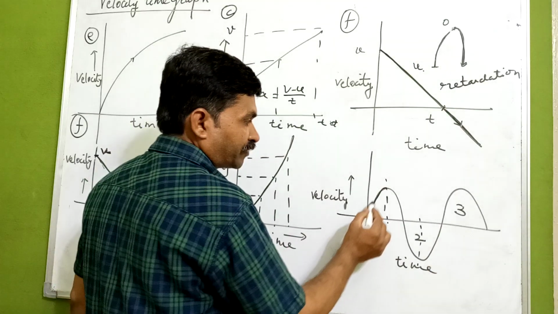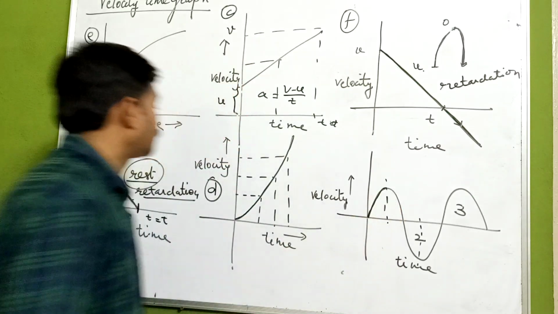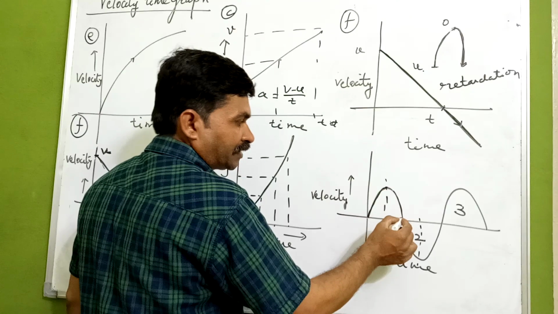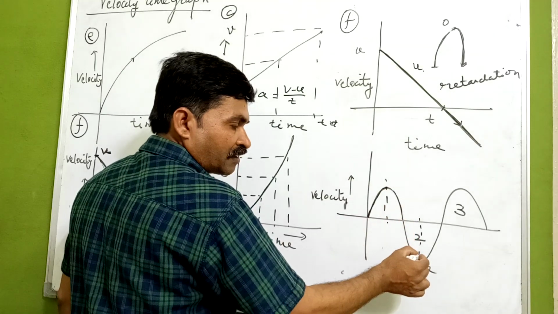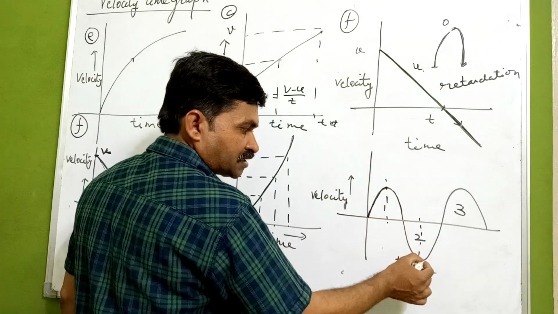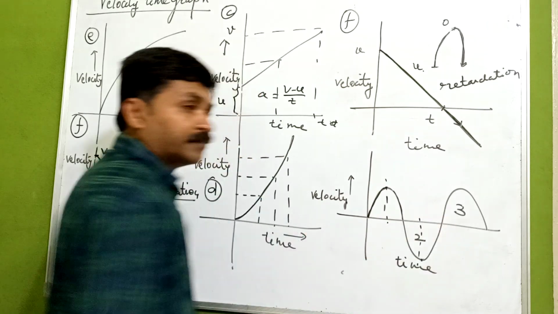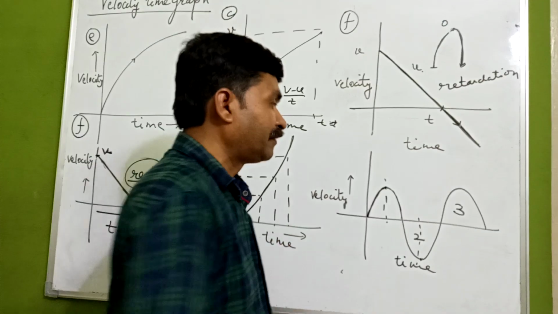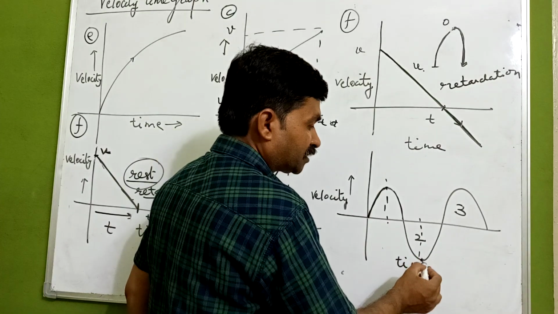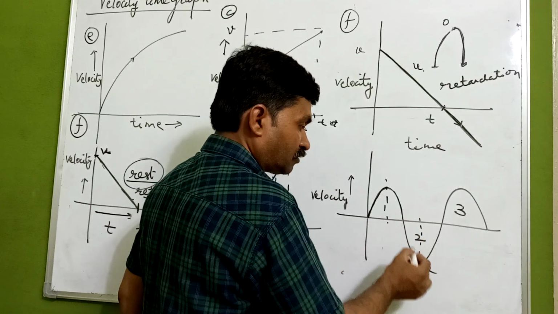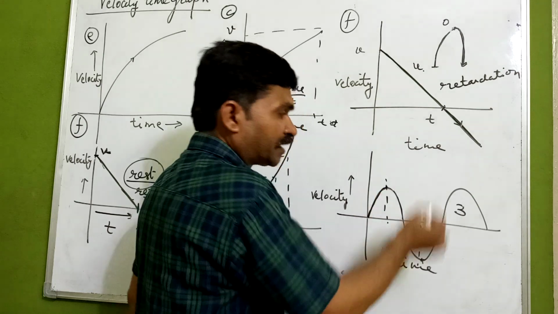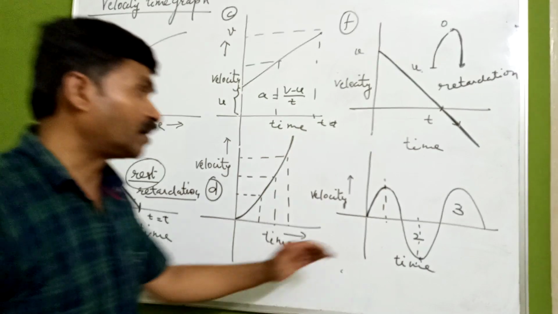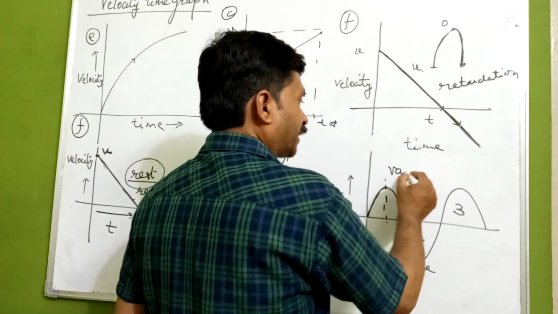The object is moving with some velocity. This is the velocity which is decreasing, and again it is going to increase. Again it is increasing up to this, and again it is going to this. Means it is going to give you the variable acceleration. ये आपको क्या दे रहा है? Variable acceleration दे रहा है. यहाँ पर velocity फिर क्या होगा? Decrease. यहाँ increase होते होते हैं. Again there is a decrement. There is a change in velocity with respect to time, and what it is giving us? Variable acceleration.